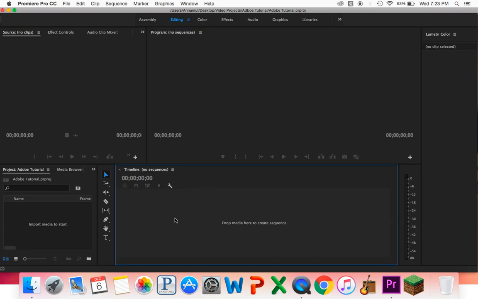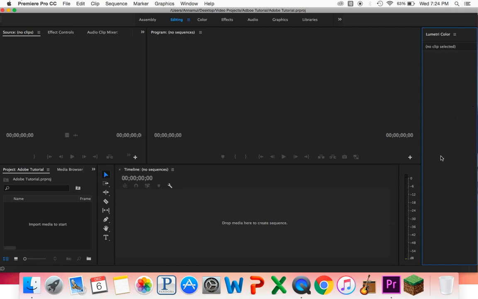And down here is your sequence, basically where you put your videos and your pictures and the timeline of your video. And this panel over here is Lumetri color. Basically, it's color grading. What that is, if you don't know, is basically just grading the color of your images or pictures to make them darker, give them more color, which you'll definitely want to do depending on the style of your video. But this will not show up or shouldn't pop up as your